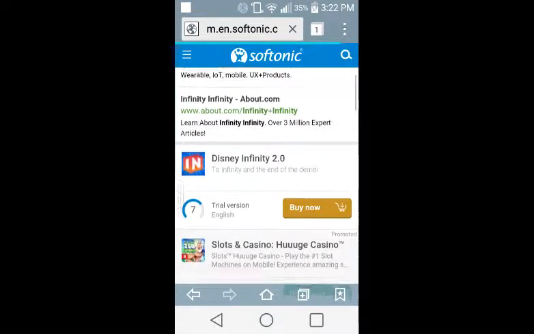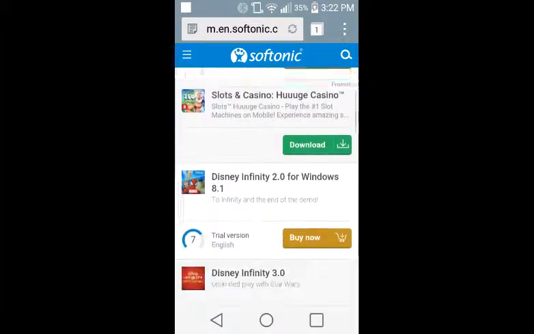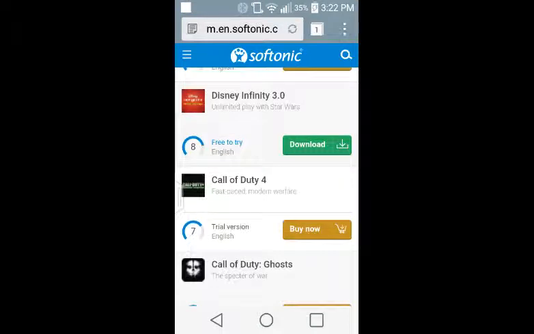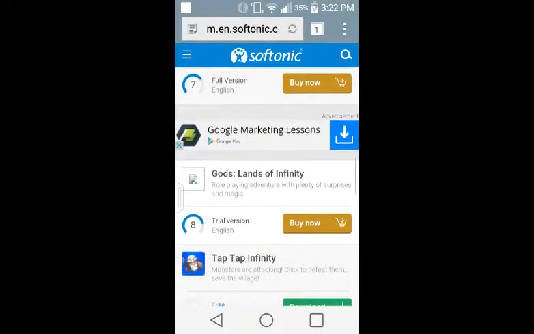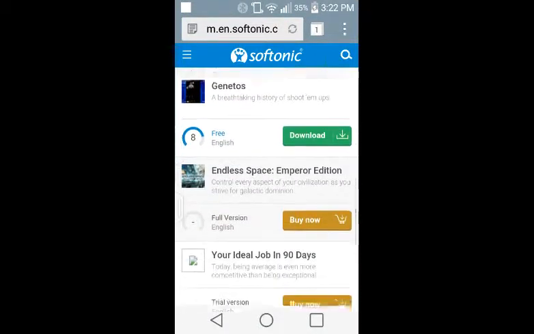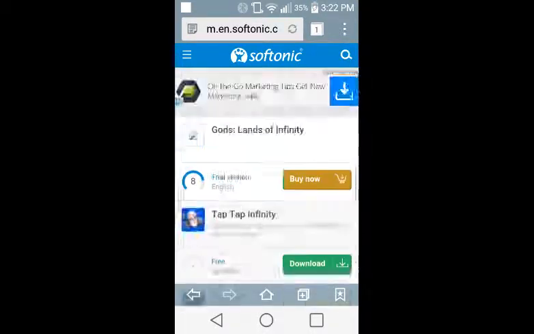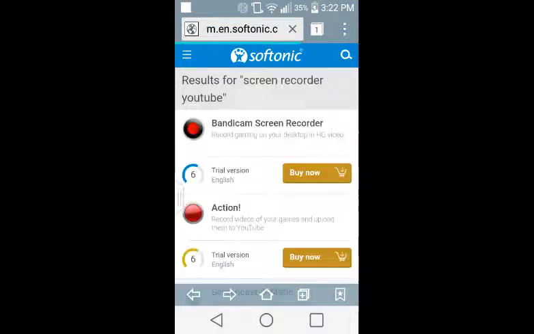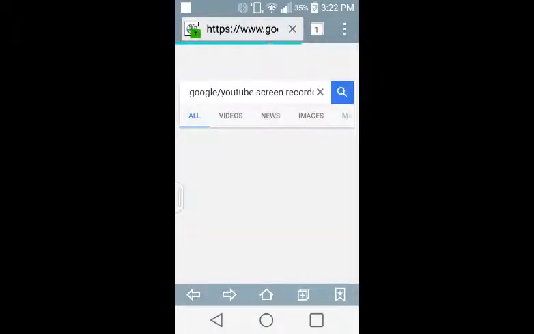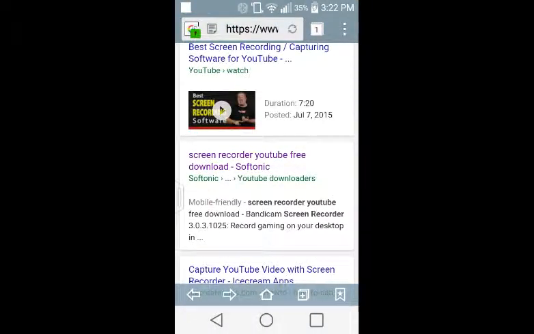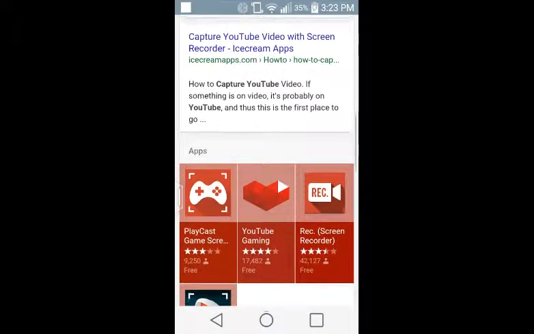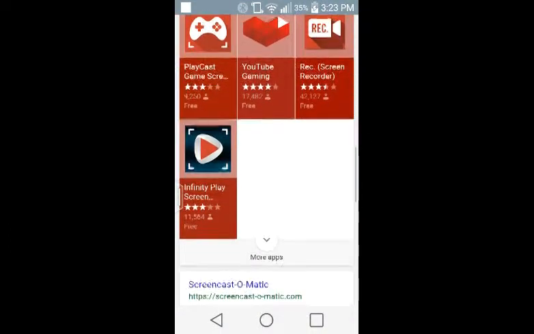I didn't even know they got Disney Infinity. Well, guys, I think the only way you can get it is on Play Store. Because I remember I saw one in the SoftOnix. I remember they telling me it closes today. So sorry, guys. So the only way you can get it is on Google Play Store and it looks exactly like this.